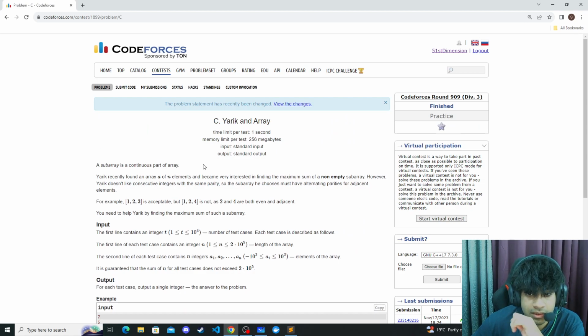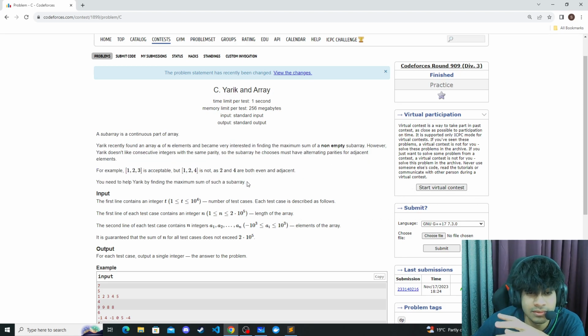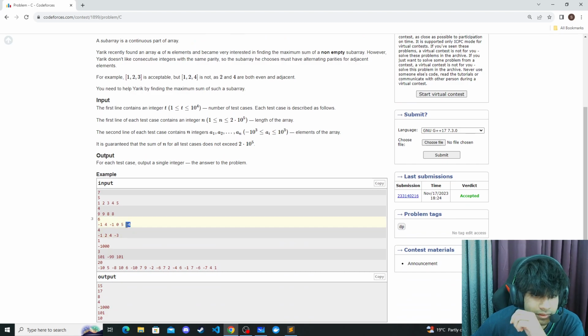Problem C. If you know Kadane's algorithm, this is very simple for you. You have to apply Kadane's only, but you can only apply Kadane on a subarray that follows a parity condition. Suppose you are given an array and you make a parity array for this. How that would look like is,